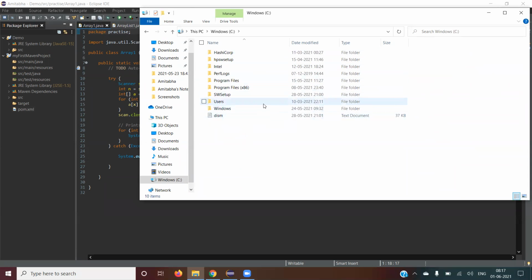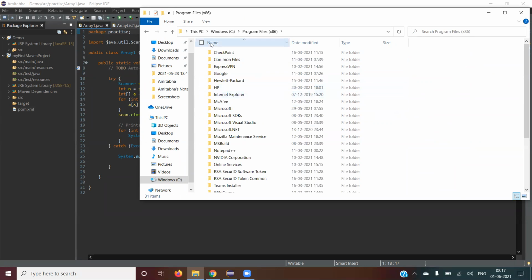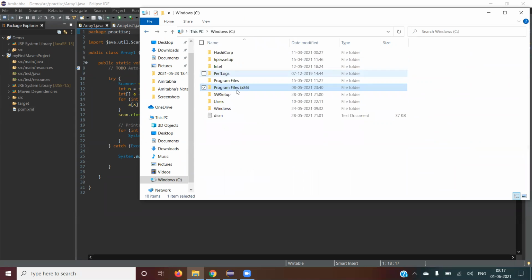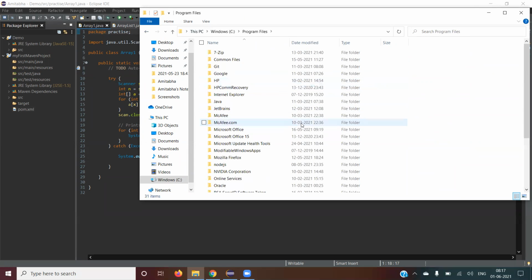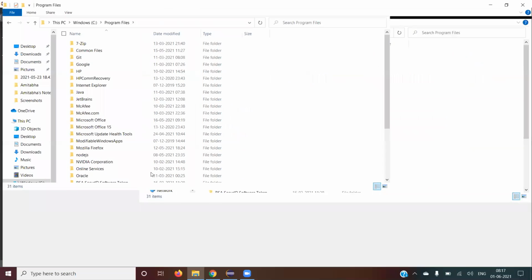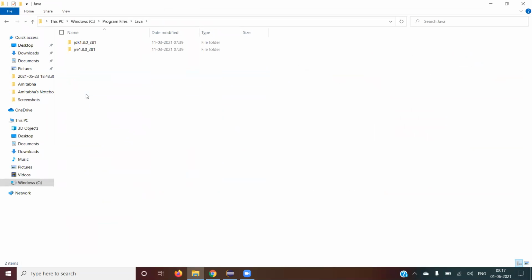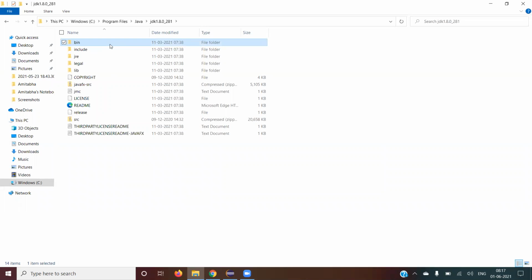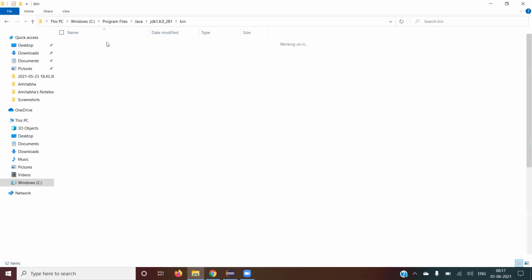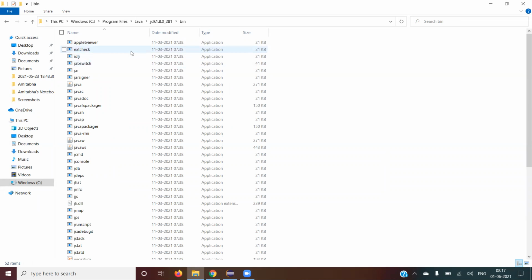Open Program Files, then Java, then the JDK, then bin.